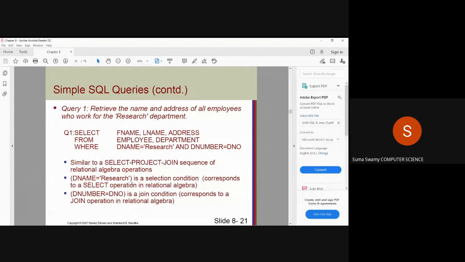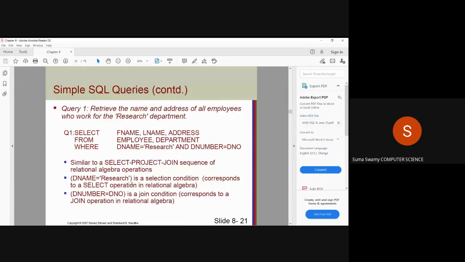For department, check your schema and data values. You have data values of employee, data values of department also. What is the attribute? If you see the schema also, you will know. Tell me.